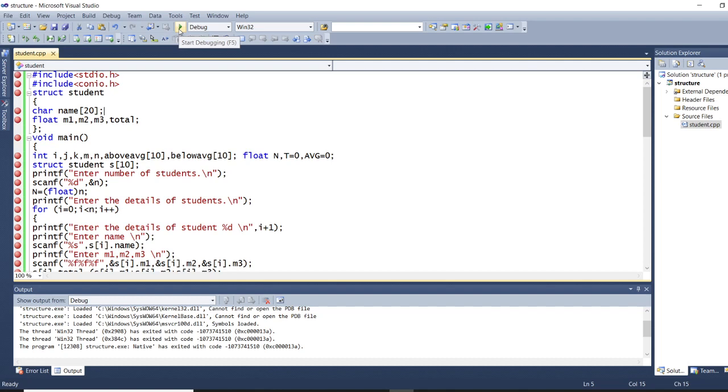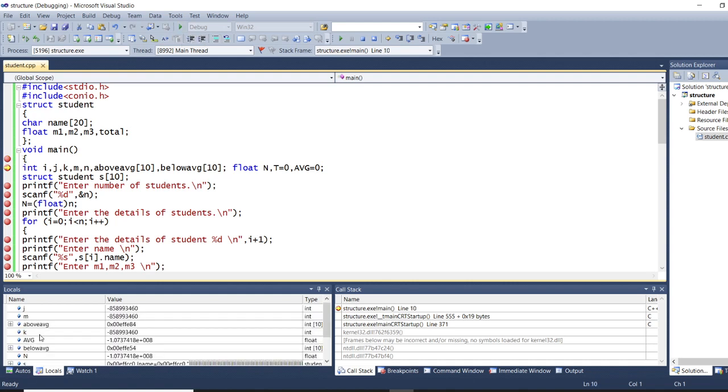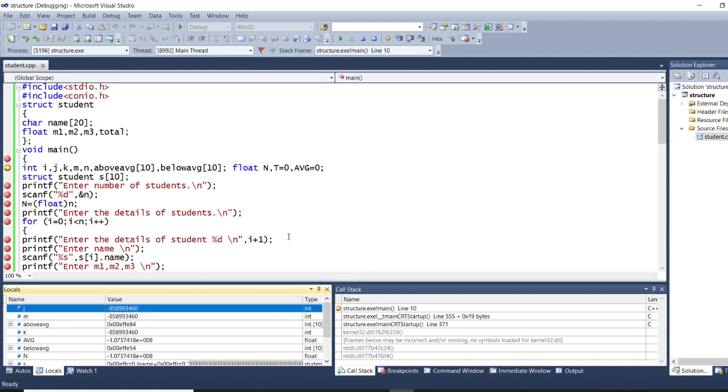So I'll start debugging by pressing this, and I'll click on this. You can see the program always starts from void main, over here. So I'll click on continue again. You can see all the variables got initialized. I mean, not yet initialized. I mean, not all the things are shown over here. If you want, I can scroll down here. So again, we will continue.